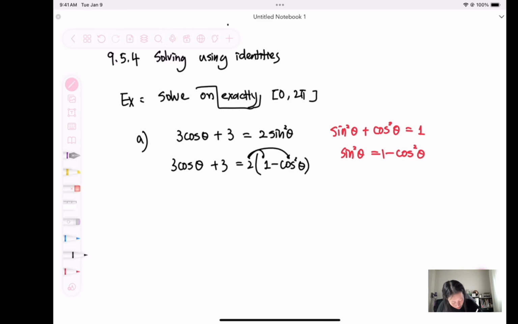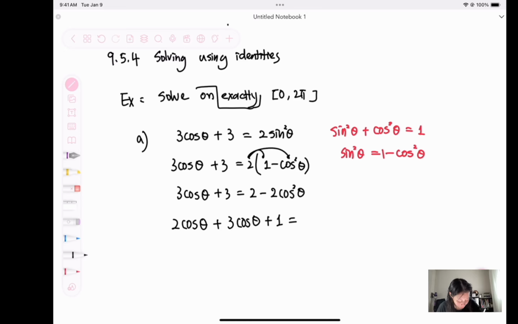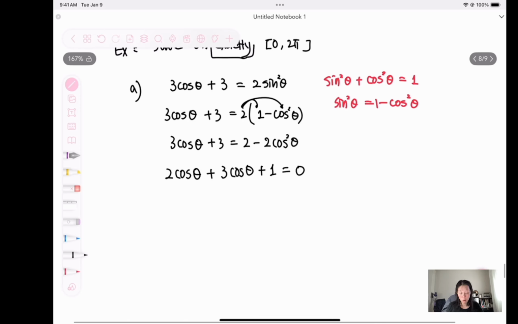Now, distribute it inside. I get 2 minus 2 cosine square theta. And then you can either choose to rewrite it as x and y or just use cosine. I'm just going to go ahead and use cosine, because I feel like I'm more familiar with cosine. Okay, I'm going to move all the elements to the left-hand side so that the right-hand side is equal to 0,